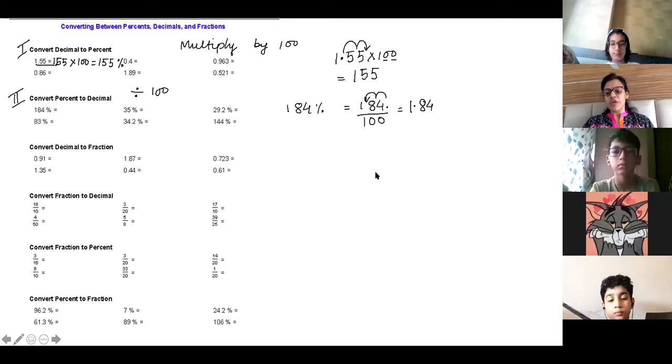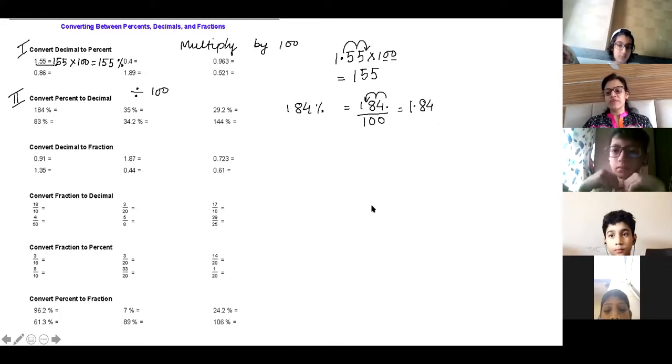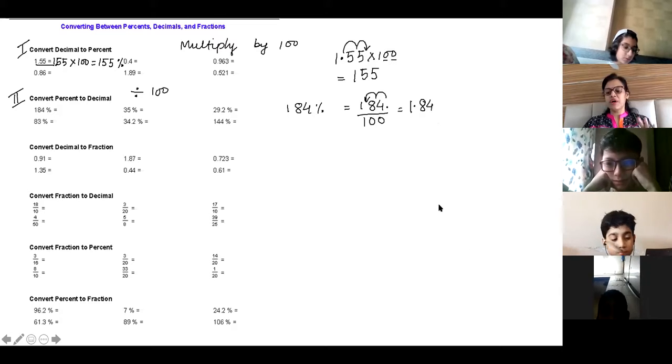Ma'am, you taught us this arrow method. We need to shift 2 digits back, left. Yes, left. I have taught you, but many of you have forgotten. Let me explain Munib and Abdullah's doubt.